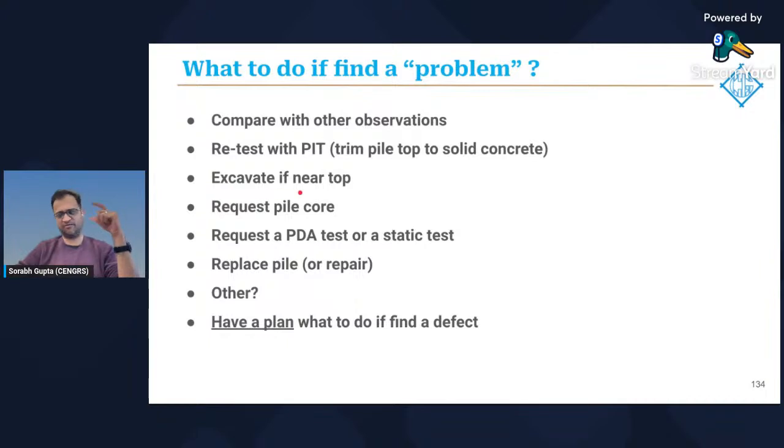If you are suspecting a defect just near the pile top, and if it's possible, excavate the pile and physically see for yourself if there is actually a defect or not, and rectify the pile if there is. Sometimes we have done this if the PIT data or other data consistently shows some defects